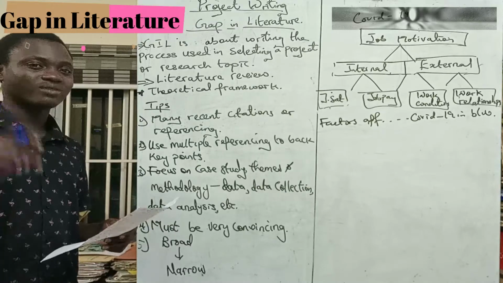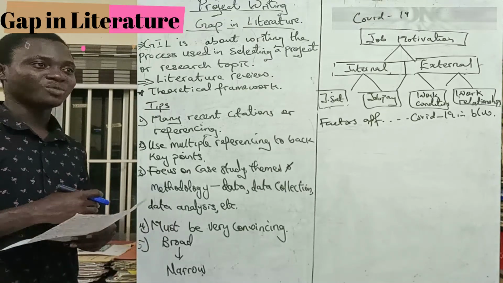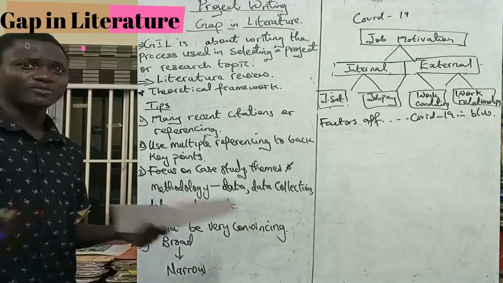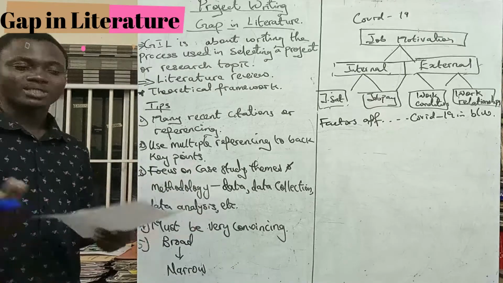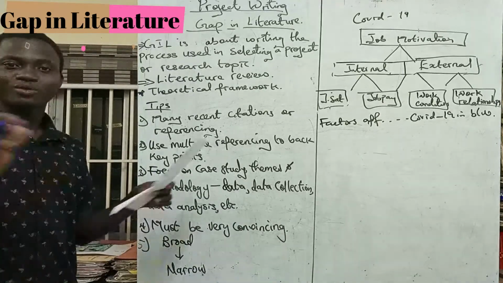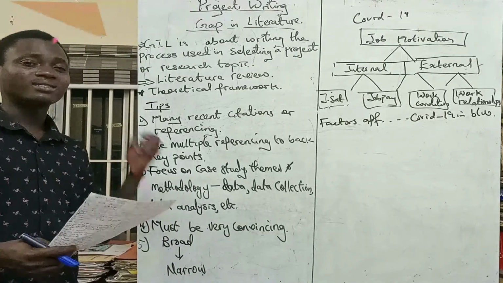So you need to consult several. You don't just put up a literature gap and you have only 5 citations. For God's sake, you just cited 5 journals or 5 studies or 5 sources, and then you think because of those 5 journals that, okay, fine, there's a literature gap. It's not like that. You need to cite several